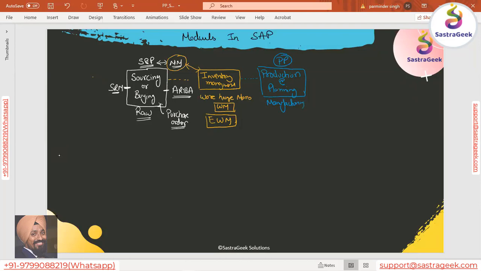People come to me and ask what is the difference between SAP MM and S4HANA sourcing and procurement, or what is the difference between PP and manufacturing? Nothing, it is just two names. In S4HANA, they are now calling it manufacturing. In ECC, it was famous with the name PP. But the operations, functions and features are more or less the same. There would be enhanced functions and features in S4HANA, but the core business process is the same. So in production planning, you will be doing your planning, which would be very much integrated with MM.